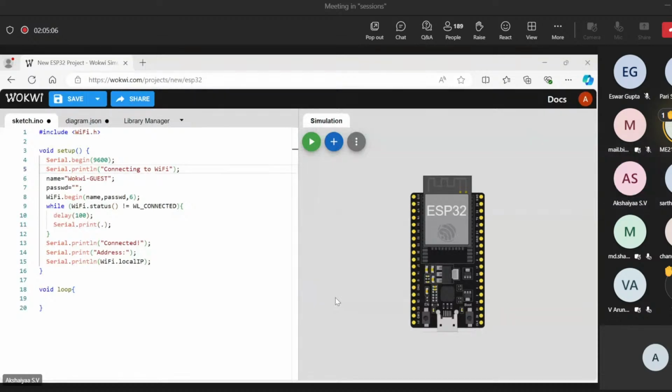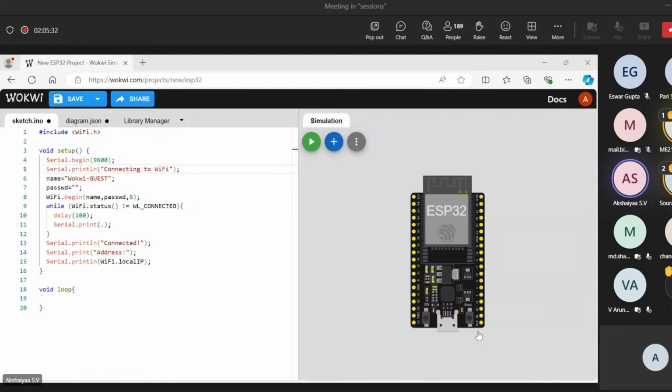Ma'am, when we are using a void loop, do we have to put some delay in it? Oh, it's not necessary. You can just leave it. Like here, we are actually not running anything on loop, so it's empty. If you want, you can put anything there, like some delay or some statement. It says that if we add some delay, that will speed up the simulation.